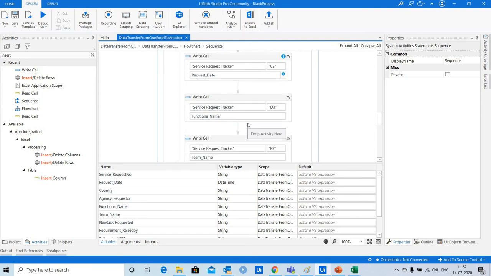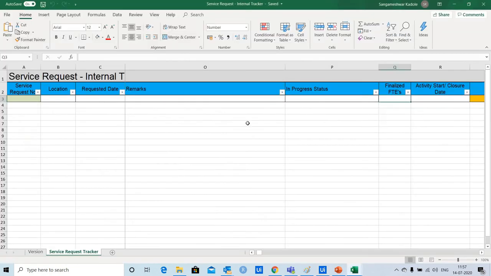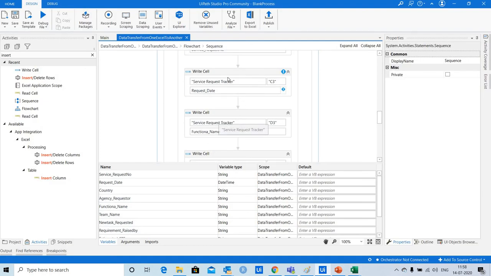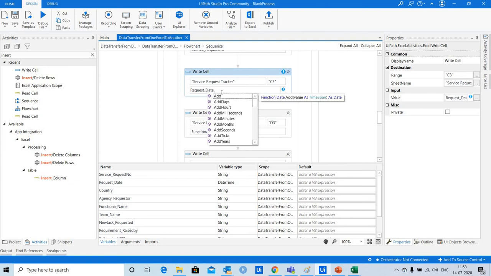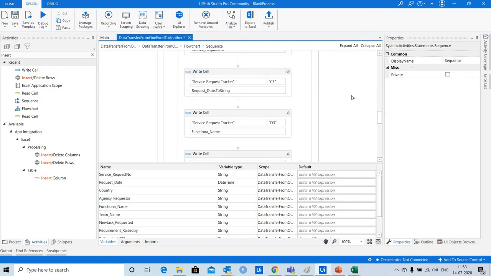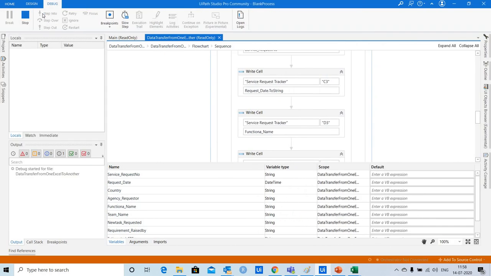So let me go back to that write cell activity, so that is C3. While we are writing this date to internal service tracker file, we need to change this date variable to string. So I'm going to do that here and just save the bot again and debug the file now.